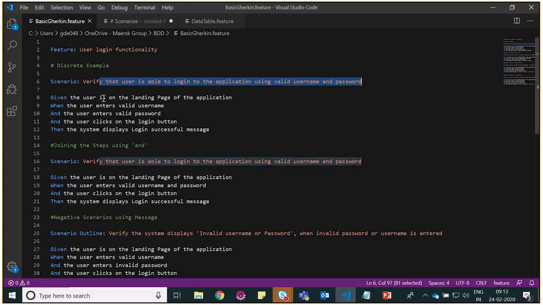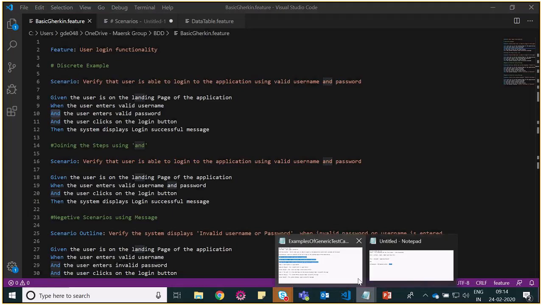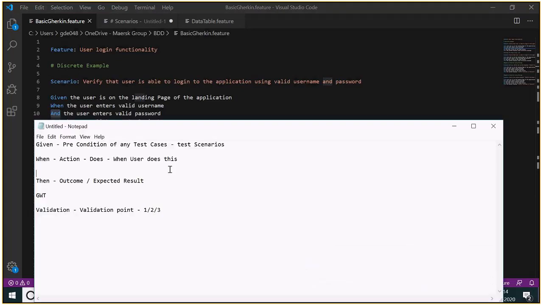Fine. So I have mentioned: given user is on the landing page of the application. Fine. When user enters valid username and user enters valid password. Now another new keyword comes: and. So what is and? And is used, fine, I'll write it here. And